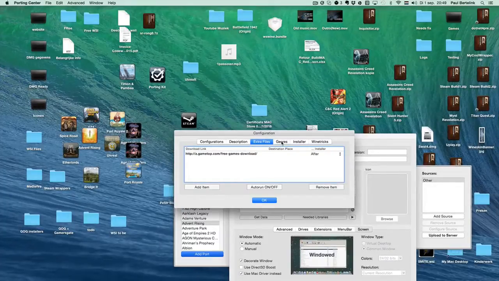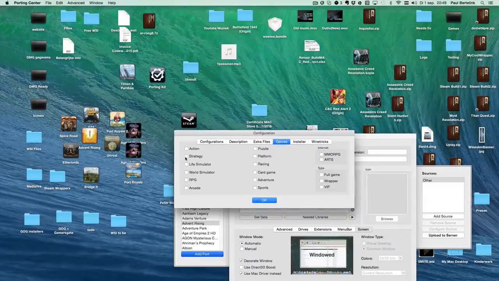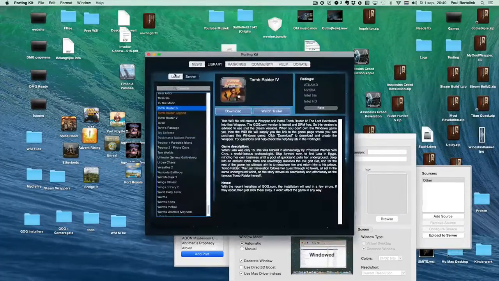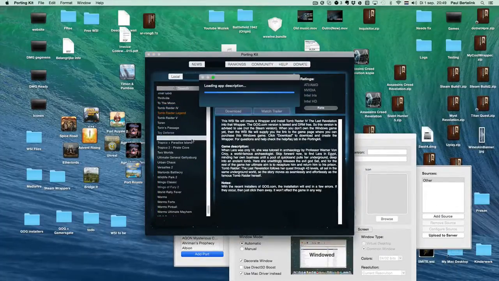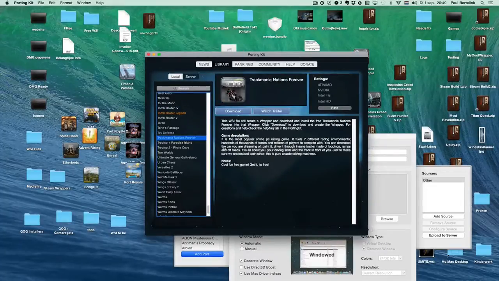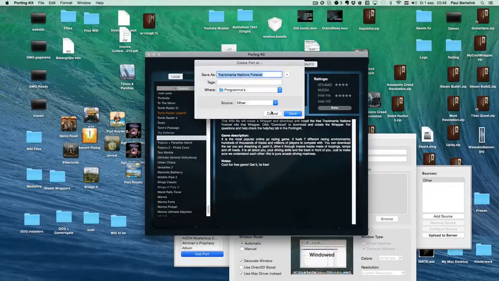Alright, then we go to the genres. You can put in, well, if it's a strategy game, then strategy. If it's a full game, a full game. If it's a free game. The difference is if you choose full game, then it will appear in the porting kit as a blue thing. So it will automatically download and install the game. So if I do, for example, this, you will see, because I have